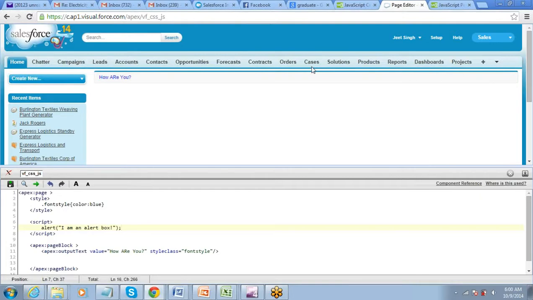Got this? So we have put an alert on this. The same way you can write something that you want to call on a button.